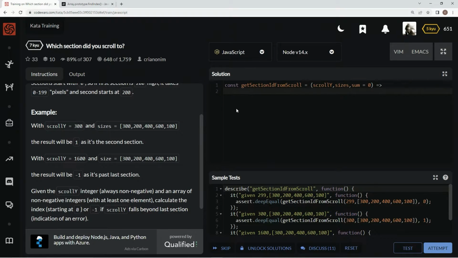All right, so we're going to say sizes, since we're going to iterate through this array right here, dot findIndex, with element as the argument and the arrow. And for the expression, inside of parentheses, we're going to have sum plus equals the element, all right? And then that's going to need to be greater than